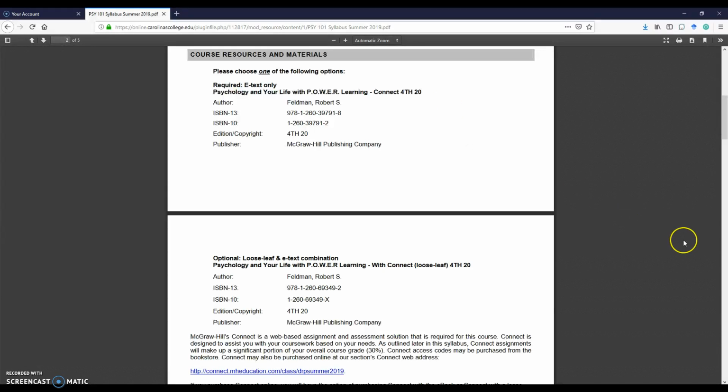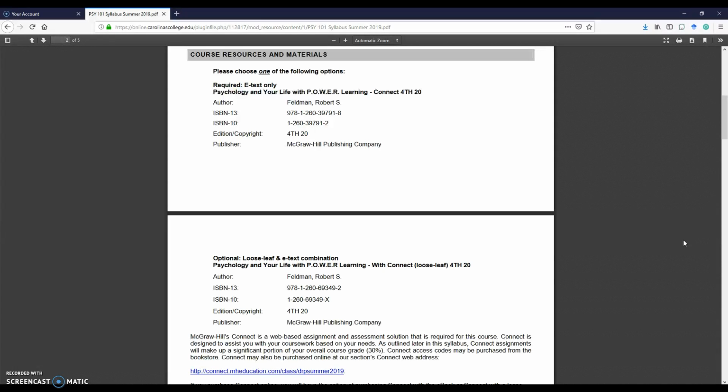So next is just your textbook. So yes, you need a book. That book must include an access code, because we're going to use that for some homework / quiz related assignments. So you'll notice when you go to the bookstore, there are two options for this course. There's a straight electronic access code, which includes an ebook.